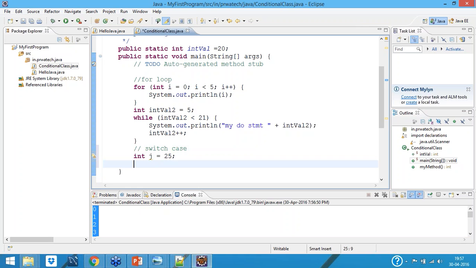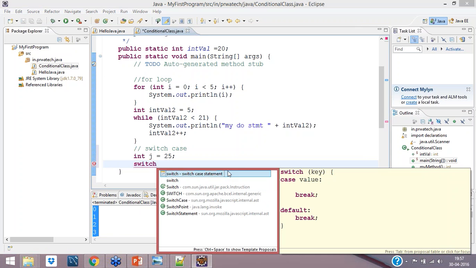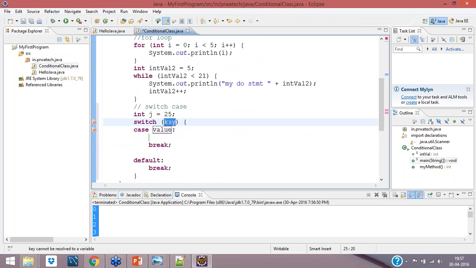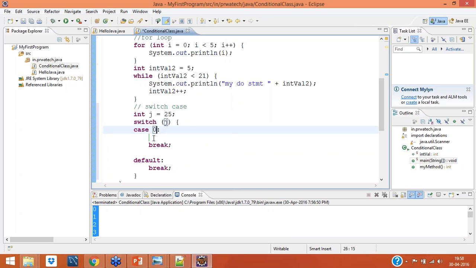Okay, we'll write switch. Again you can see, this is the statement I have. I just clicked on this and I got this. This is awesome. So the switch key is nothing but my j. Okay, let me say the value is 0.